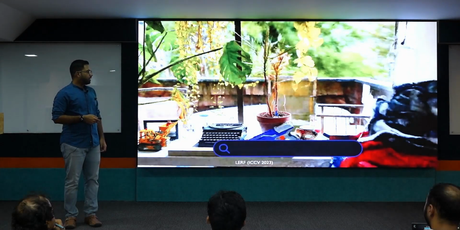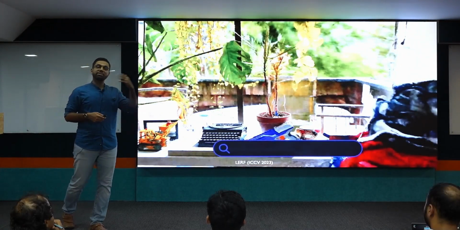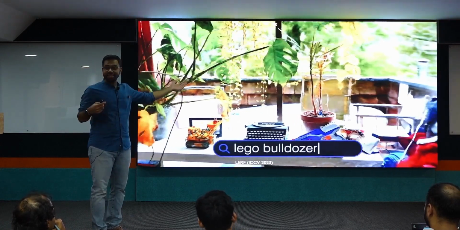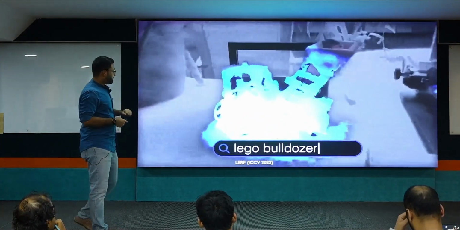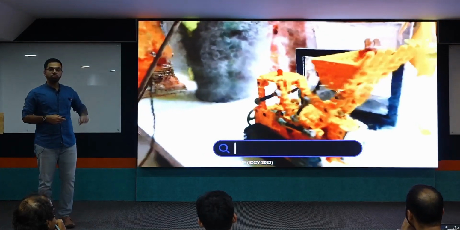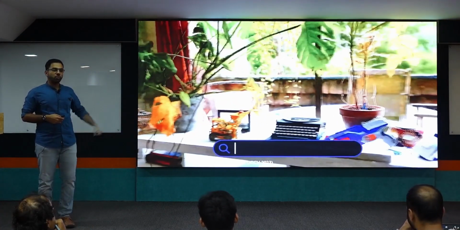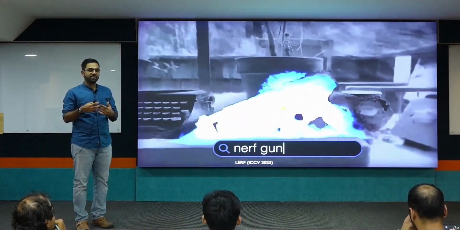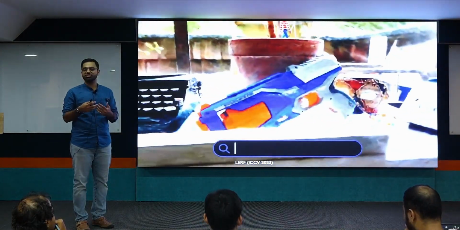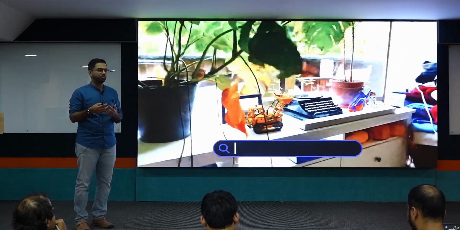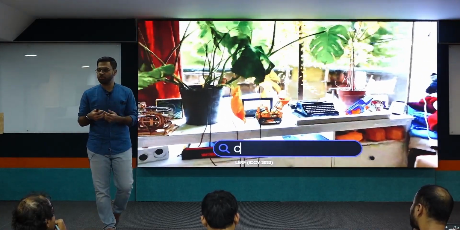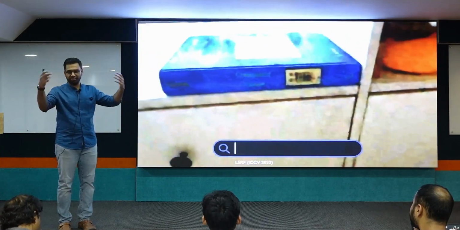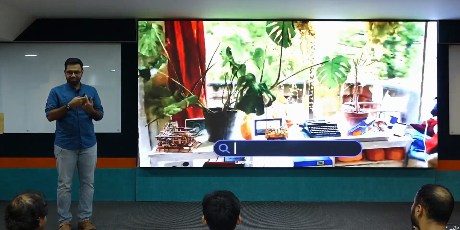Okay. Now, we can go even further, right? So here we have a static radiance field of a scene, but then we can ask questions like, where is the Lego bulldozer? What is happening here is this radiance field is interfacing with something that resembles ChatGPT, like a large language model, a large vision language model. So that vision language model, generative AI, is combined with this radiance field